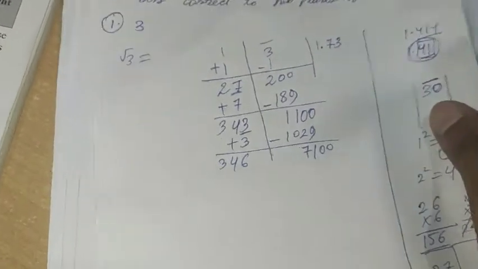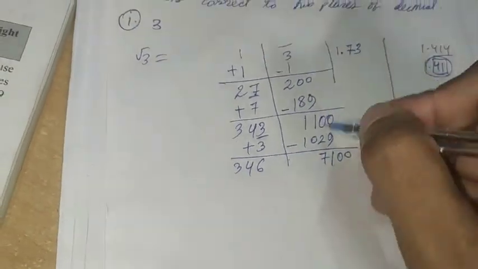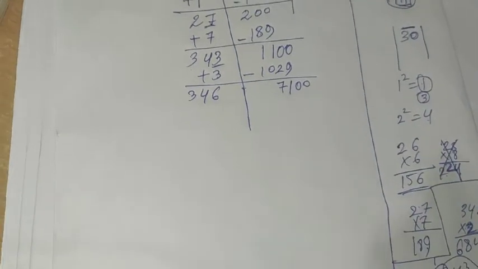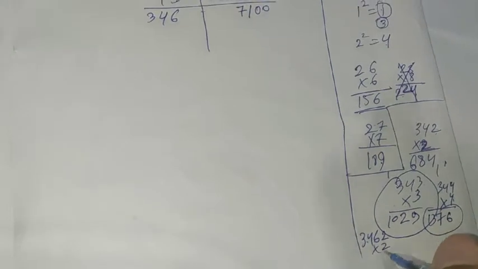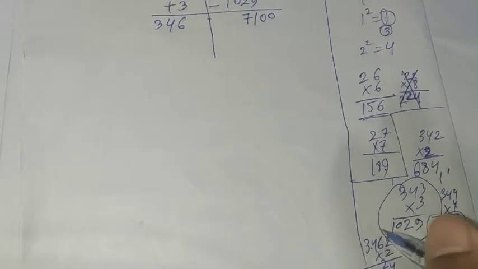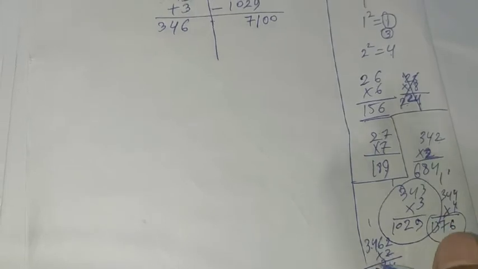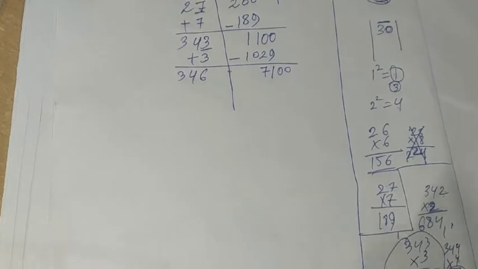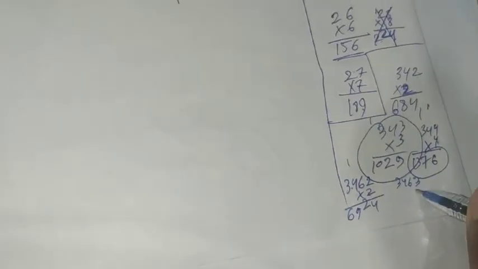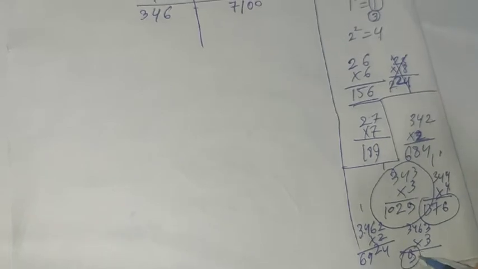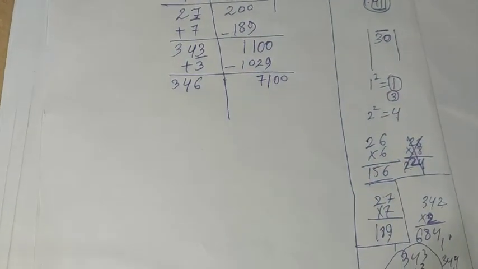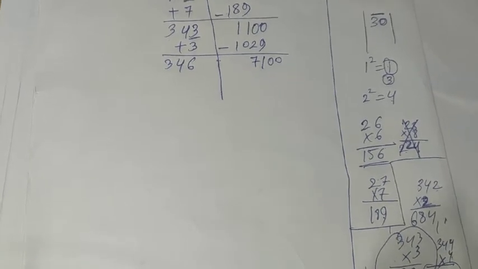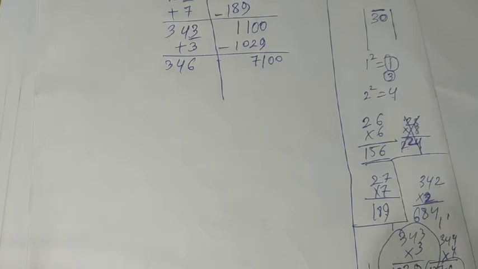Now students, what we will do is check whether we can take any more number or not. 346 into 2: 2 twos are 4, 2 sixes are 12, 1 in hand, 2 fours are 8, 9, 2 threes are 6. So I think this will be the nearest number, 6924, because when you multiply 346 into 3, 3 sixes are 18, 3 fours are 12, 13, 14, 3 threes are 9, 10, which is greater.